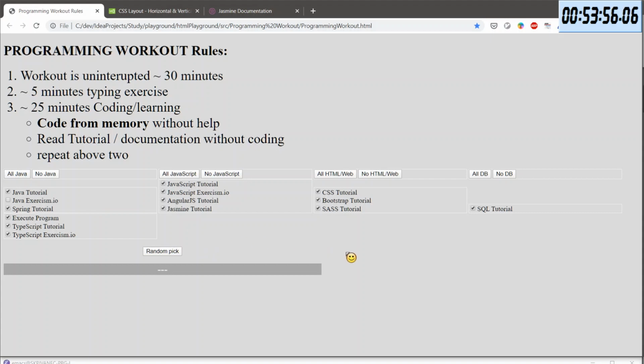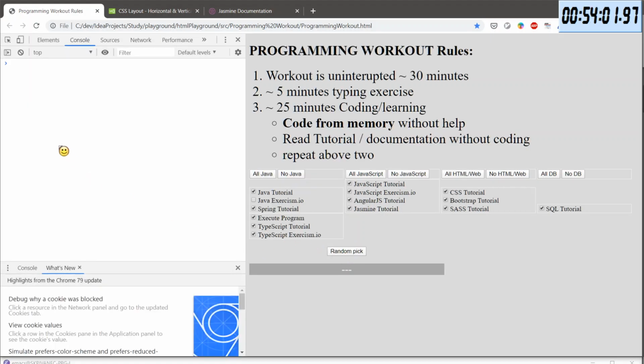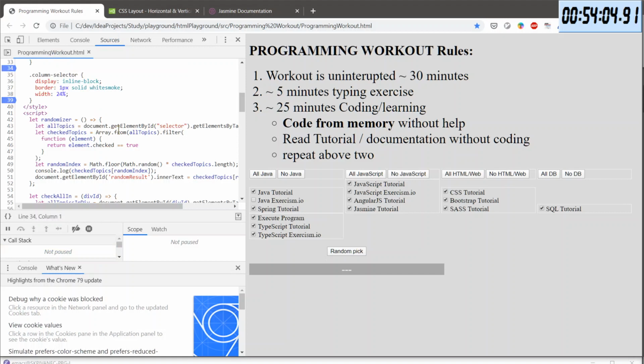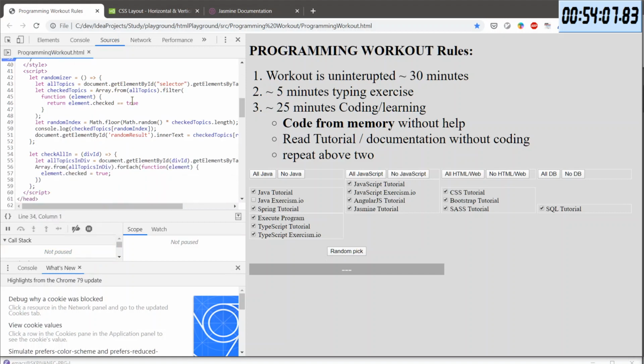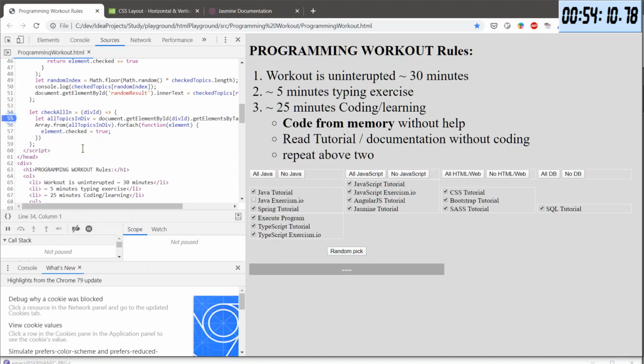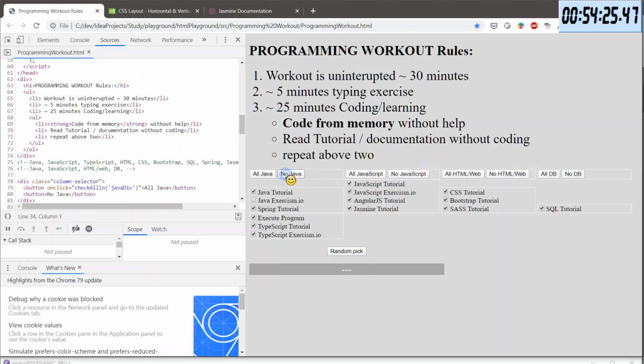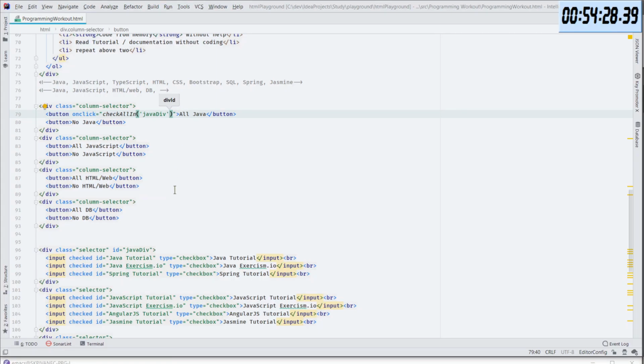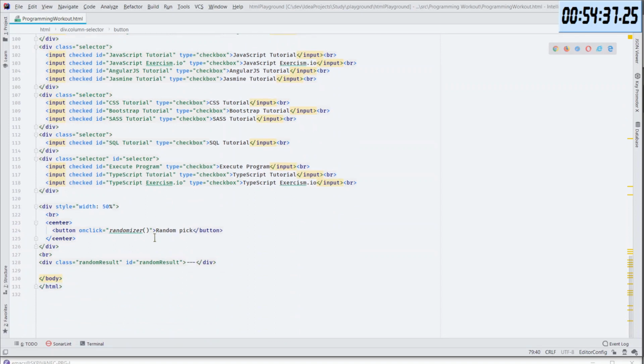So let's debug it, shall we? Sources. Now we have the check all in, and we will set the breakpoint in here, and I press the button, and it did not hit. Did I put it to no Java? Where did I put it? This is on click, check all in, Java div. What did I?